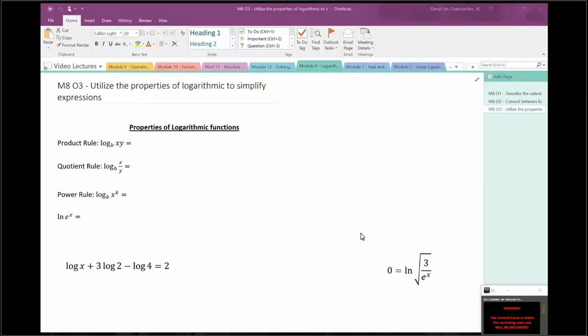Hello. In the last video, we relied heavily on our calculator in order to solve for x when we were converting between logarithmic and exponential form. But we can do a lot of this without our calculator by using some of the properties of logarithmic functions. Now, before we go over these properties that you may or may not have seen before, let's